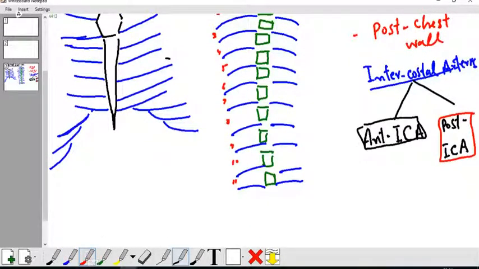The anterior chest is supplied by the anterior intercostal arteries, and the posterior chest is supplied by the posterior intercostal arteries. The anterior intercostal arteries are branches of